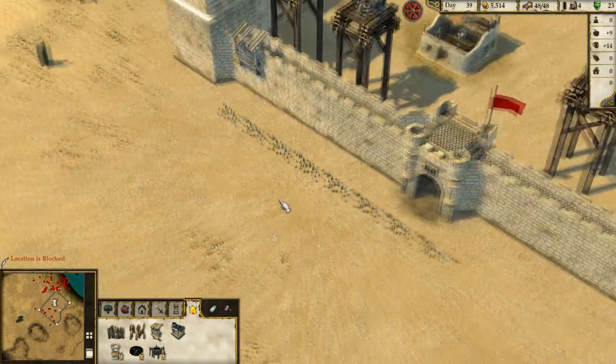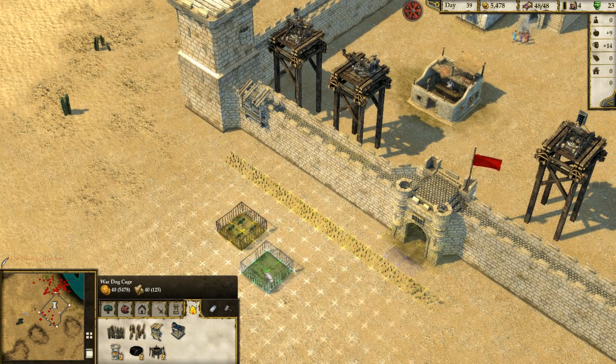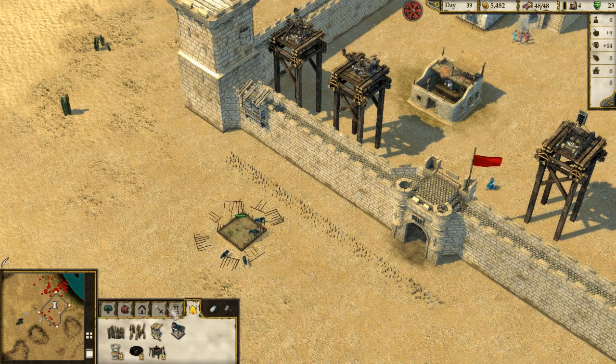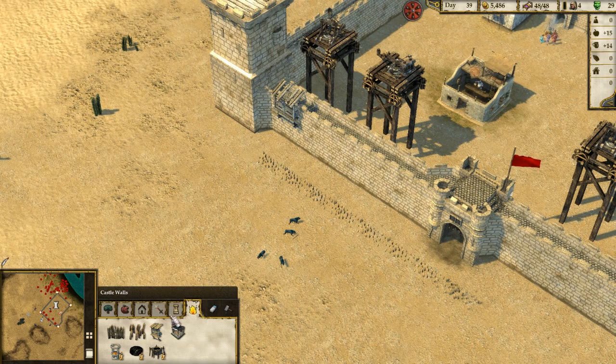Actually tempted to see how the combat actually works now with all of this stuff. Might have to check it out. We've got the war dog cage. Loose the hounds. Wow. We can actually choose when to release the hounds. Does that mean they're going to attack anyone? I wouldn't be surprised if that's...